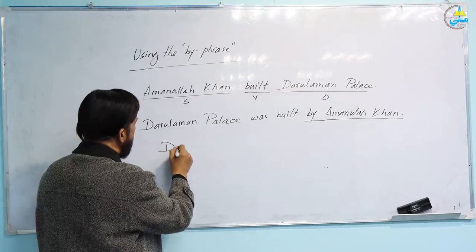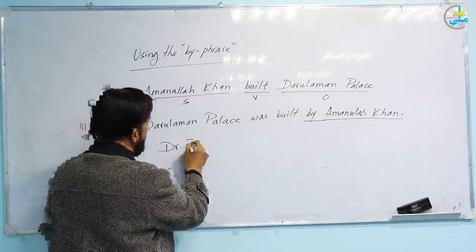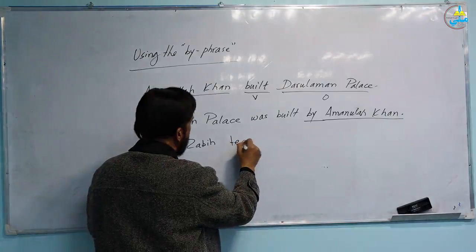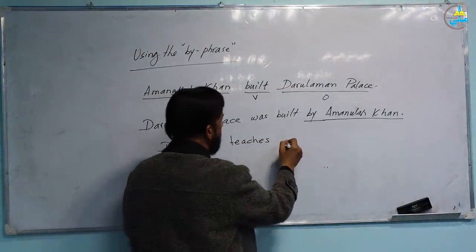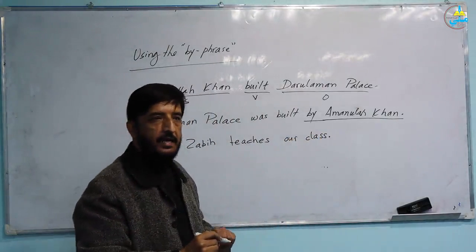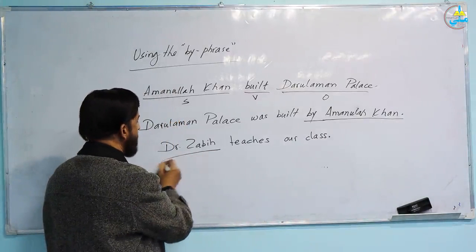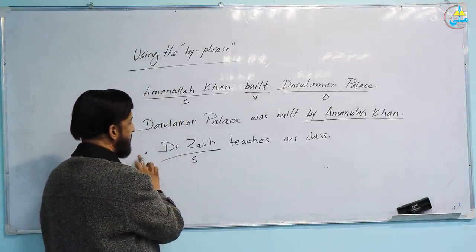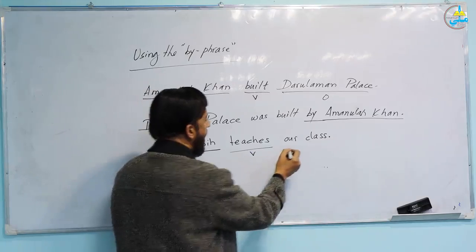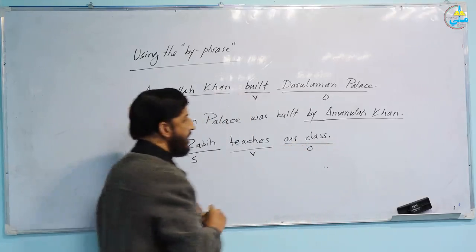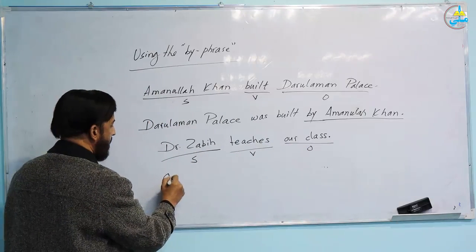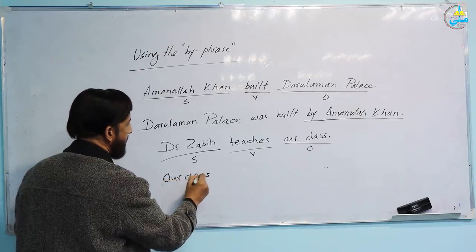For example, say Dr. Zabi teaches our class. Dr. Zabi teaches our class. Dr. Zabi is the subject. This is an active sentence. Teaches is the verb. Our class is object. So since this sentence has an object, we change it to passive. How? Our class